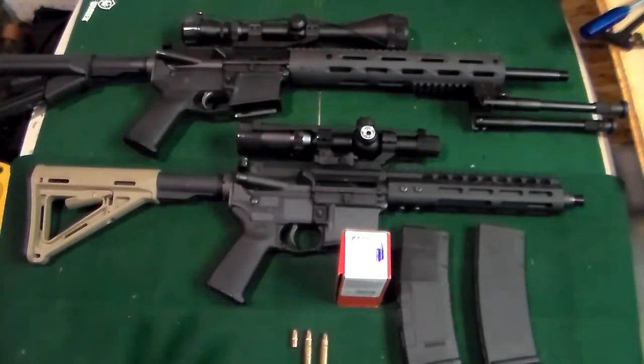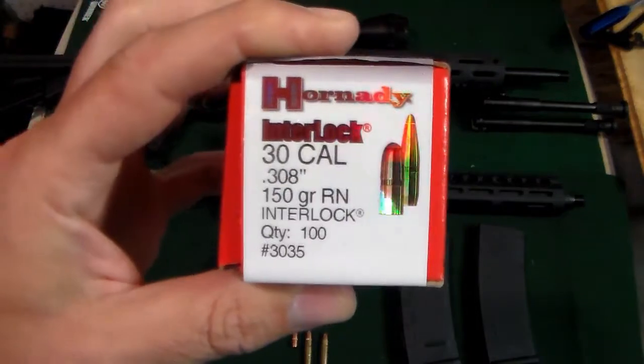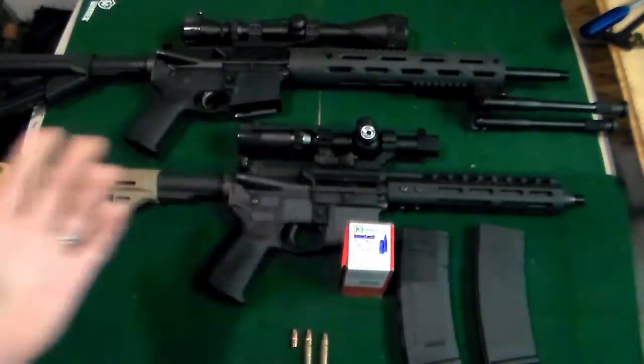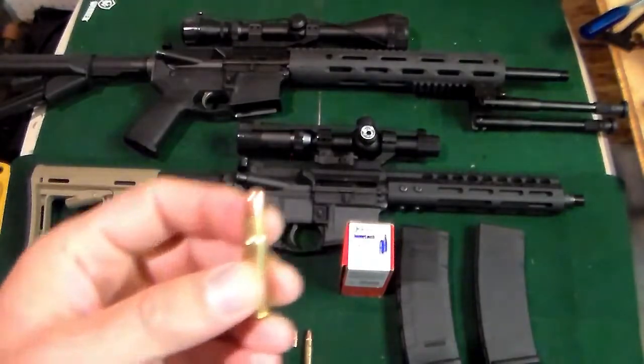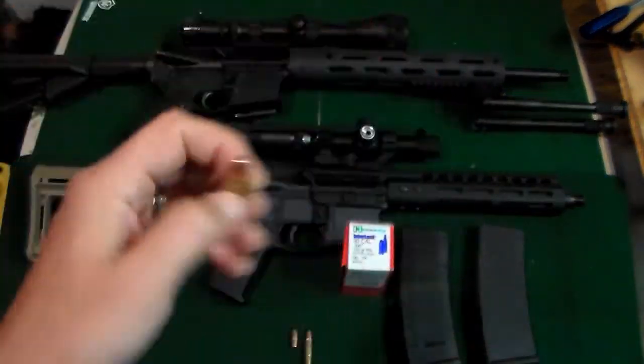And since they were out of the 150 grain full metal jackets, I thought, well, these are the next cheapest thing that they had. I'll just get these and give them a try. I didn't think anything about it really. But after I got them loaded up, well, first of all, I got a whole other video on this. I had some trouble with the load manual and Hornady, different things, but I kept on getting this,